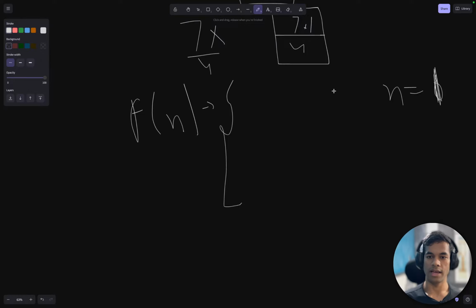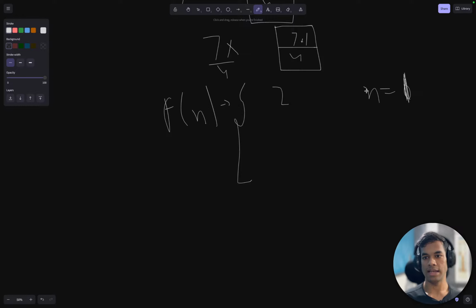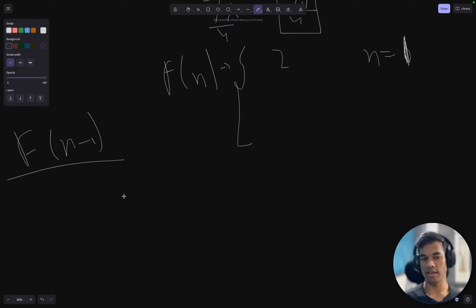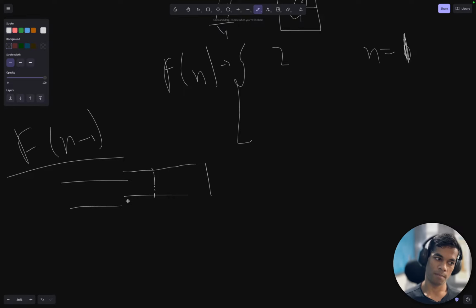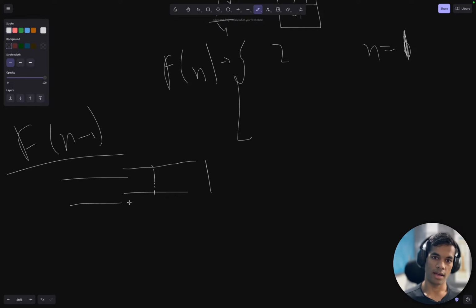When n equals 1, then the answer is going to be 2. Right? And when we call fn minus 1, this function internally is going to have two possibilities. One of putting a vertical line, and one of not putting a vertical line at all. And in one case,